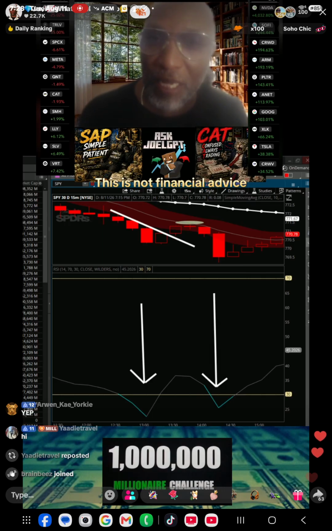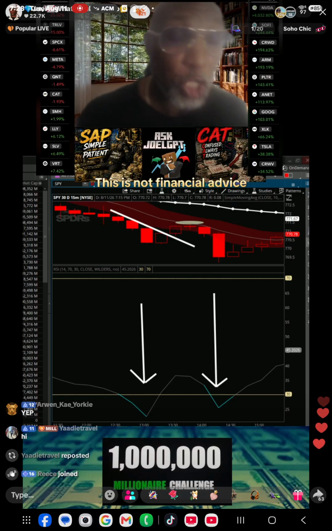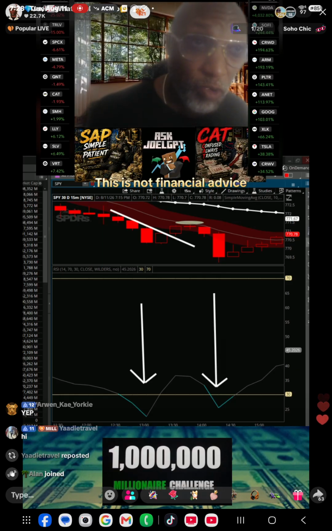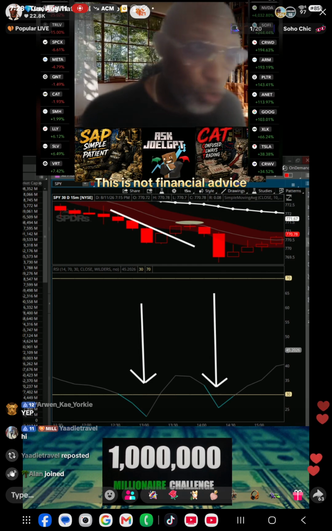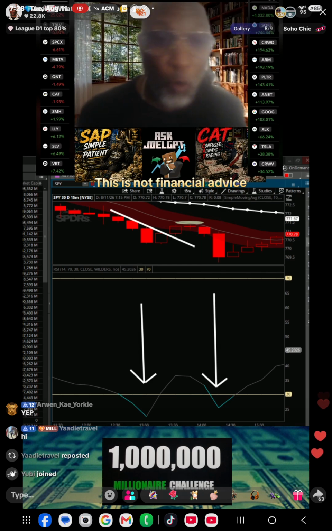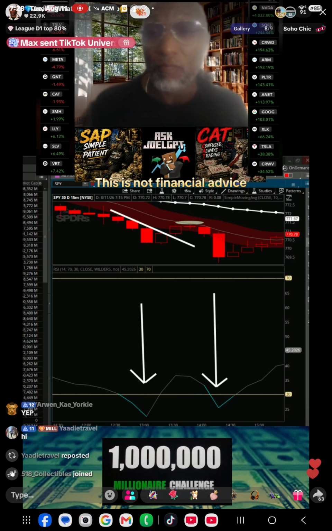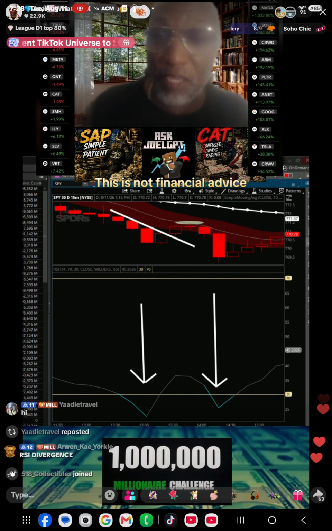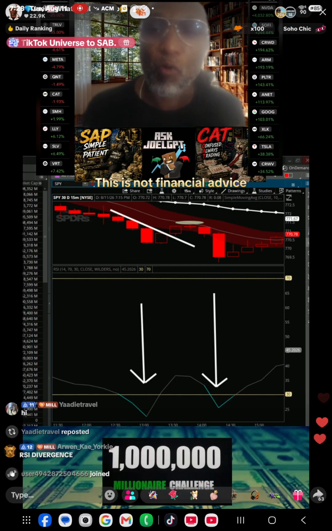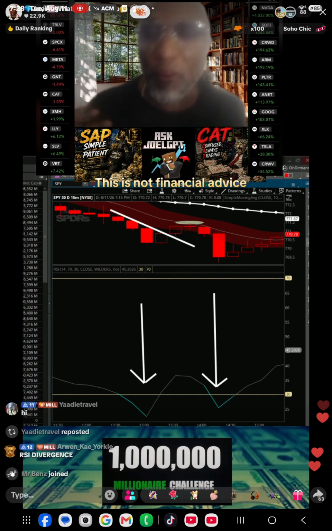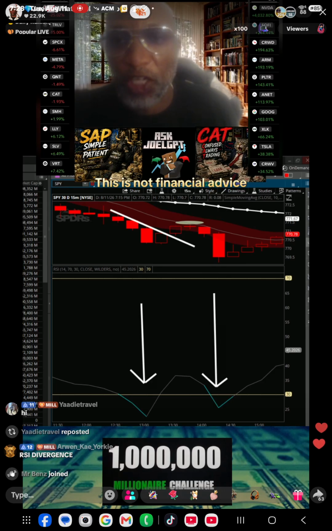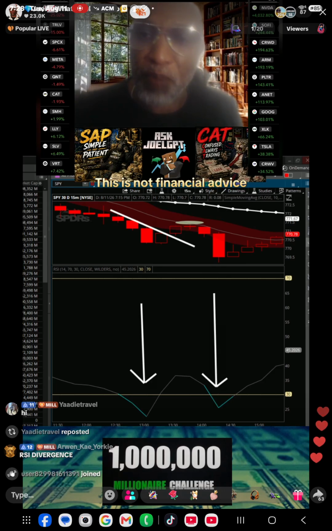So stop trading 9:30 to 4. Either trade from 9:30 to 10:30, trade from 10:30 to 12, trade from 12 to 2, or trade from 2 to 4, in my opinion. In my personal opinion. All right, pick one of the 4 or pick 2 of the 4, and then check yourself after that time period.